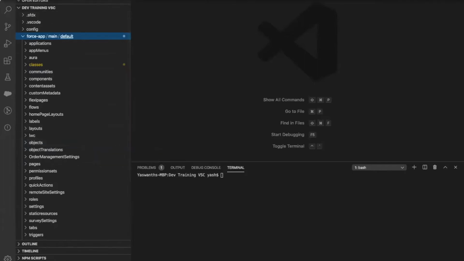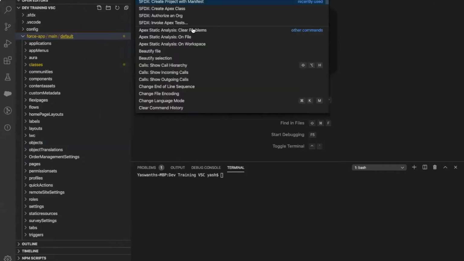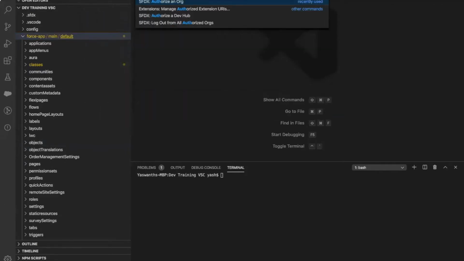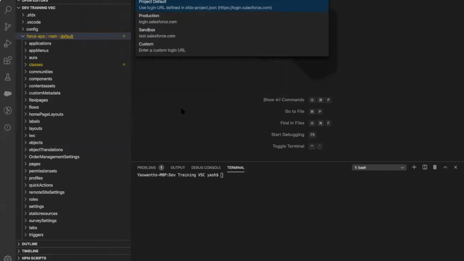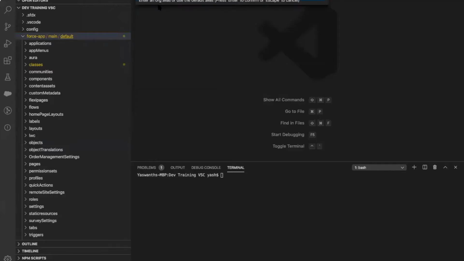Same thing, go to the command palette, and here type authorize an org, and you will see the command which is already listed out here. You need to choose which org, whether you are dealing with a production or sandbox or custom. For now, I'm choosing project default, and you have to give the alias name for the org. Let me provide one here: dev training. Demo training. So if you see here,